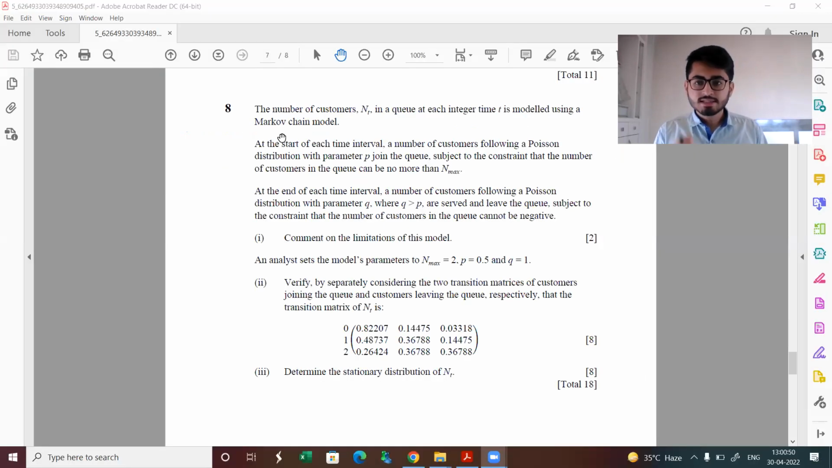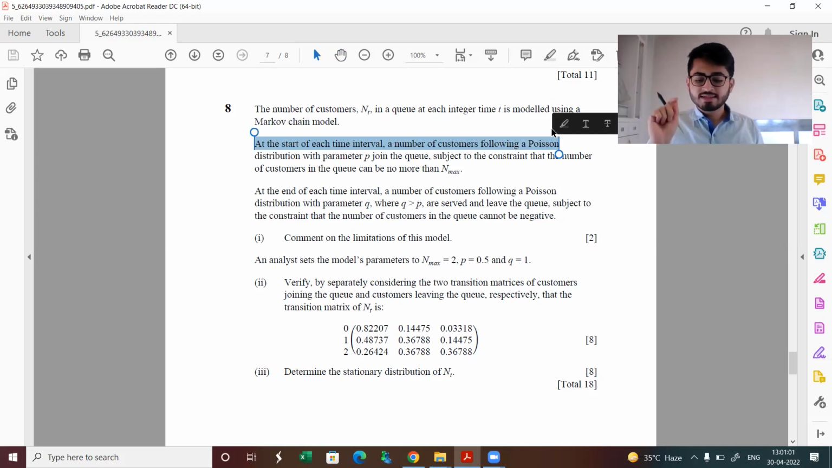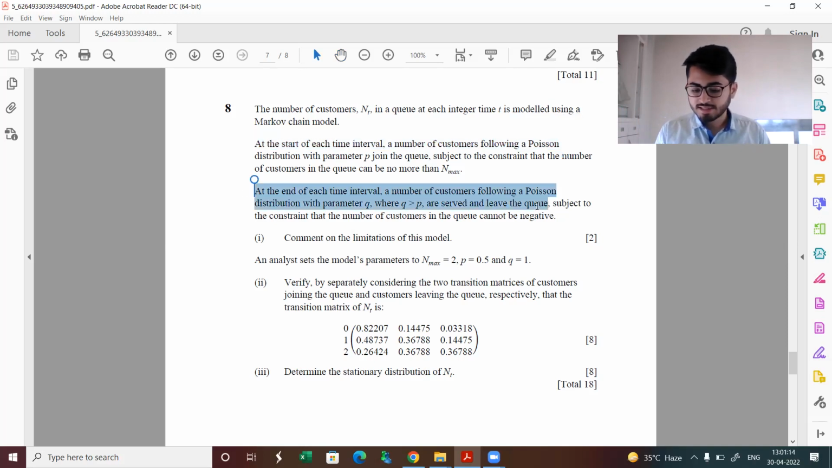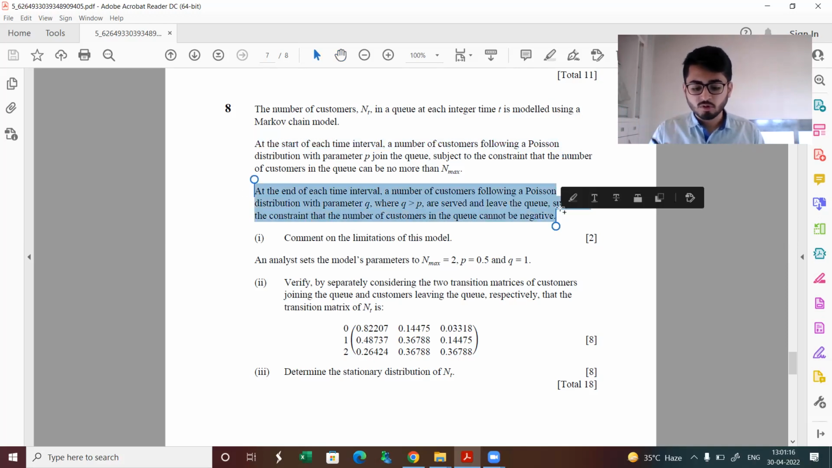Keep in mind at the start of each time interval, a number of customers following a Poisson distribution with parameter P join the queue. So let's say if I say T to be 4, at time 4, there were N4 in the queue. Just in the next moment, certain customers join the queue. Done. At the end of each time interval, a number of customers following a Poisson distribution with parameter Q are served